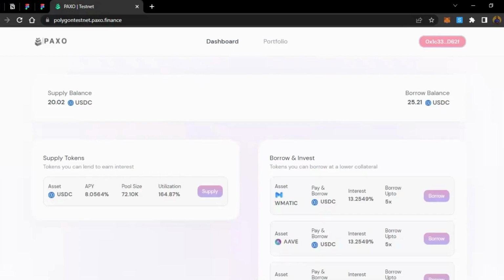Today I'm going to be showing you how to use the Paxo.Finance testnet. I'm also going to show you how to make simple transactions on the testnet. So when you come over to the website, Polygon testnet.paxo.finance, you're immediately greeted by this amazing dashboard, and on the dashboard is being shown to you some information, which